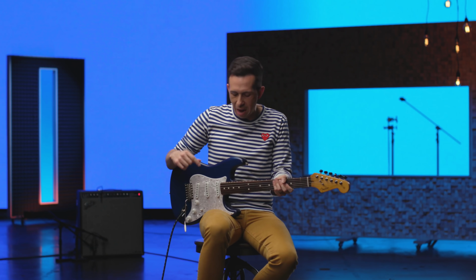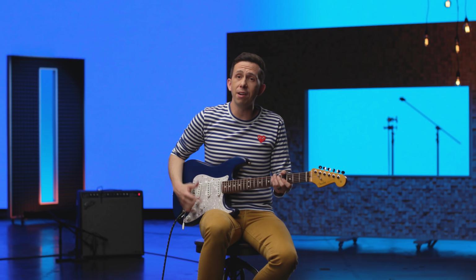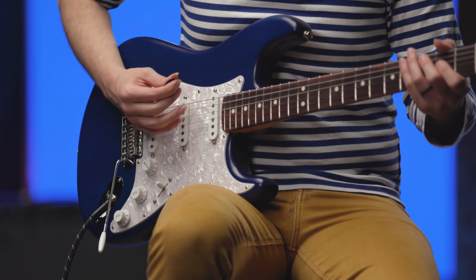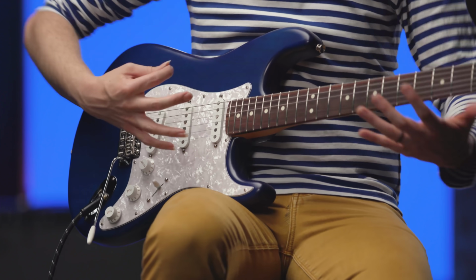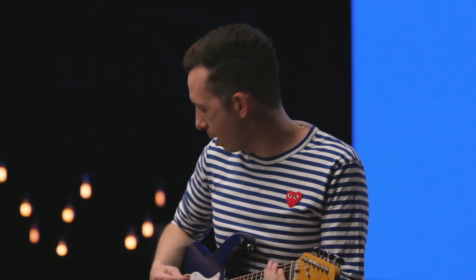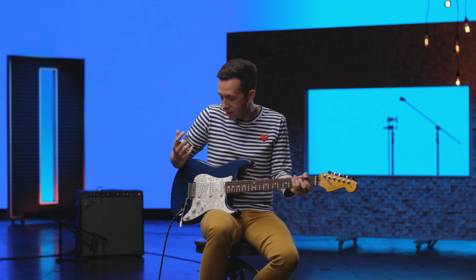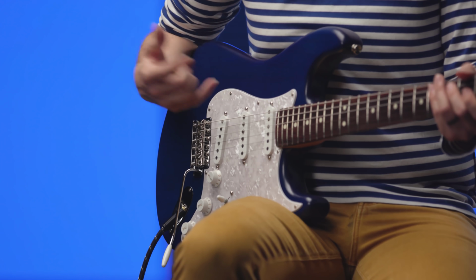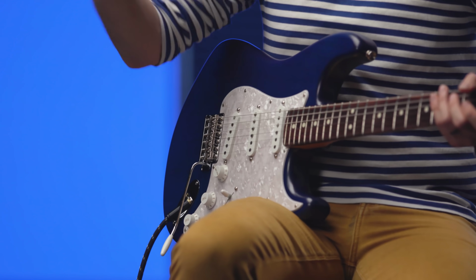And what inspired that was really the weight of it. I wanted a little bit lighter, but I also wanted the feel of it to just feel a little more like it sits in my body a little more naturally. My shoulder doesn't have to be up quite as high. It sits a little bit lower. It's such a small difference, but it's one of those things that after hours and hours of playing and being on tour day after day, night after night, year after year, these sort of things are just gonna help make